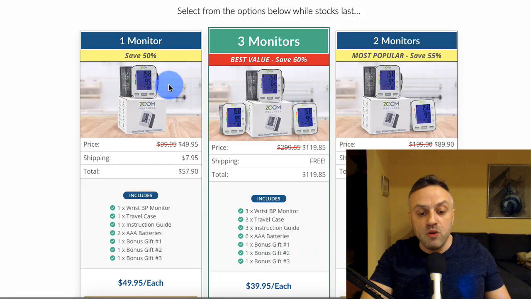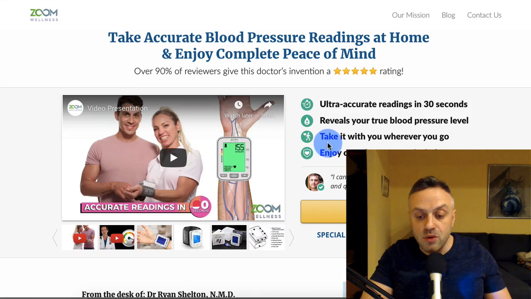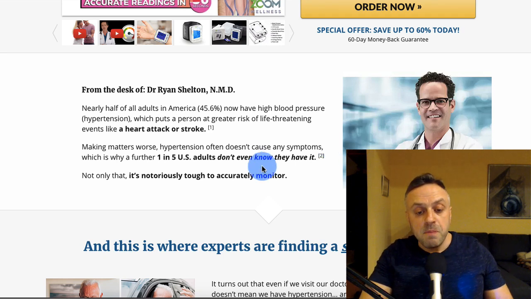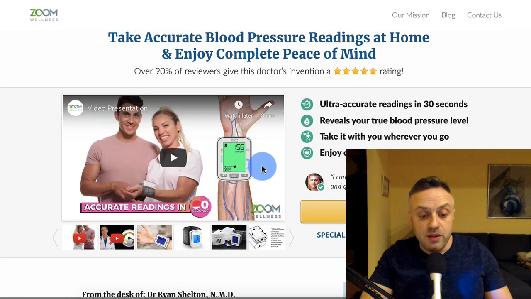An example would be this blood pressure monitor, right? I purchase it, I get it in the mail, and it looks exactly like what they have here. There's not going to be any surprise, any gimmicks, any games, nothing like that. And that is really the key here: expectations versus reality, right? What are they selling me? What is the reality? With something like this, it is what it is.